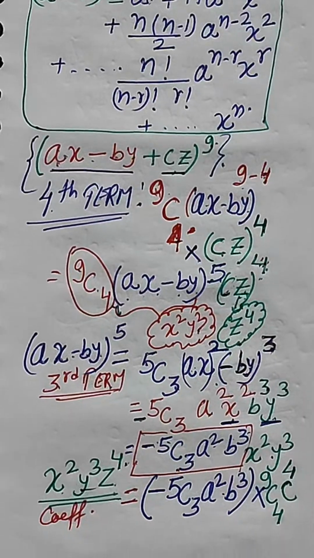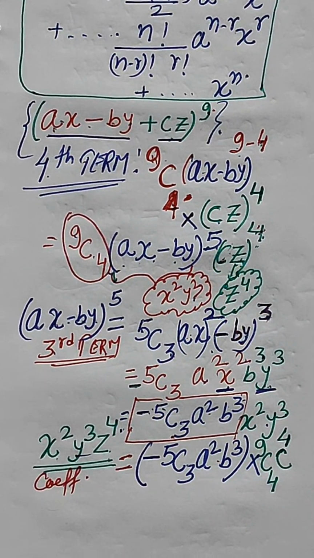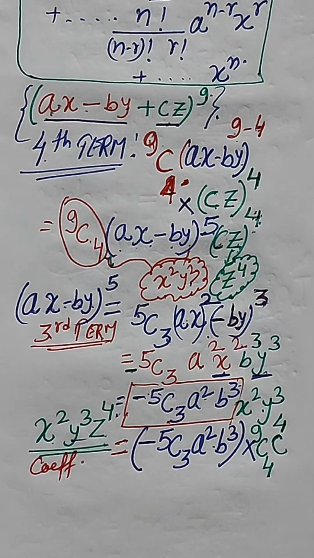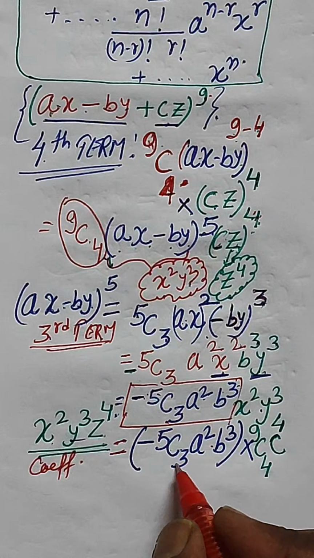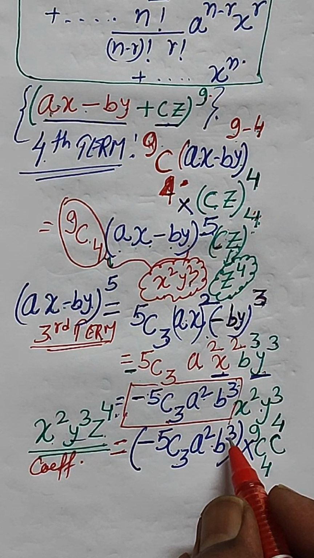So this is the coefficient of x square y cube z4, right? So just simply solve it. When you solve it, minus 5c3 a square b cube, right? This will be giving you,